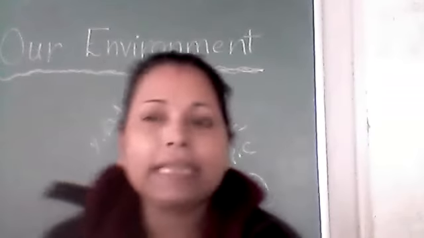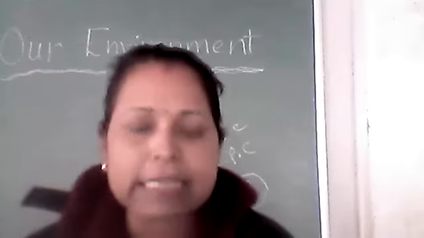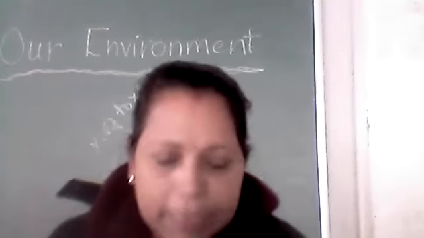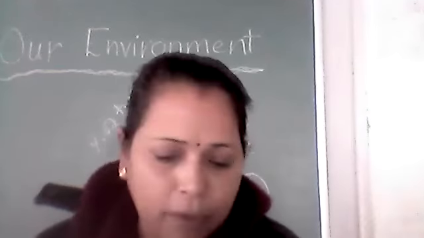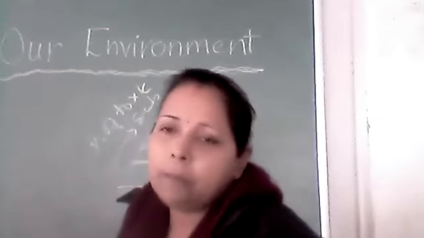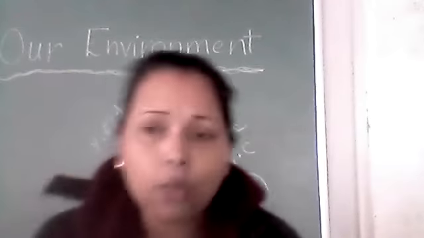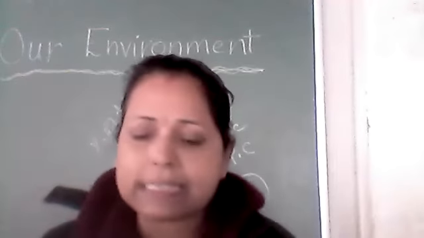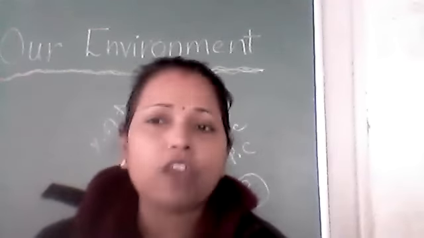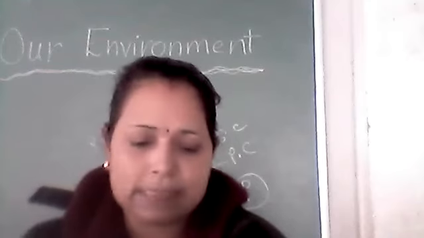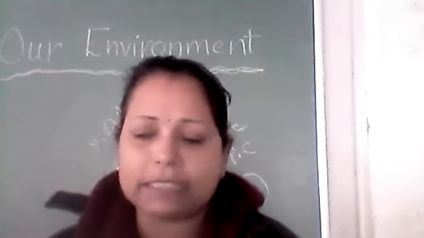Yes, ma'am. So we can define it as progressive increase in concentration of harmful non-biodegradable chemicals at different trophic levels in a food chain is called biomagnification. Biomagnification को हम लोग किस तरह से define कर सकते हैं? We can say that it is simply an increase in concentration of toxic substance or non-biodegradable poisonous chemical at different trophic levels in a food chain. As we move higher in a food chain, its accumulation will be more because the number of organisms is less. So this is biomagnification. यही biomagnification है.